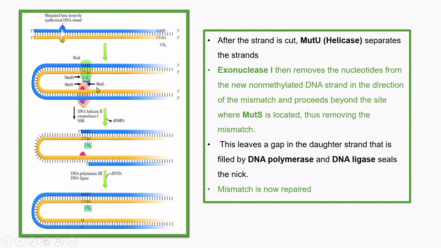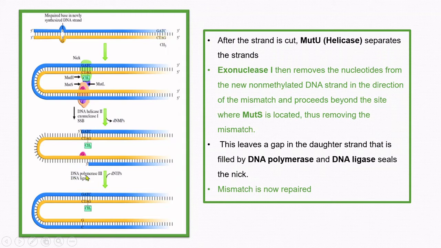And as I told you earlier, MutS is bound to the mismatch. So the cut would proceed beyond the MutS protein, and the mismatch would be removed. So that was the cut part,